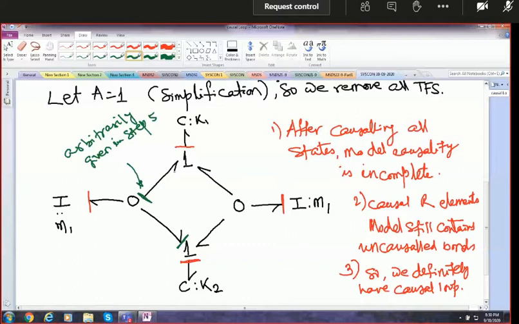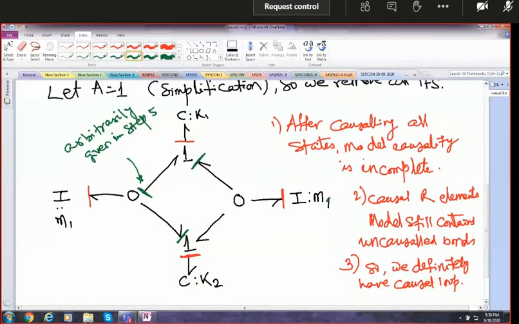Now look at any other junction. Zero junction with I is to M. This is M2, sorry, not M1. So I is to M2. Here we have two bonds causal away. So the remaining one must be causal near, that is the strong bond. And it's completed. The causality at the one junction, two of them are causal near, the other one is away, at C is to K2. So that is fine, no problem. So we have this situation.